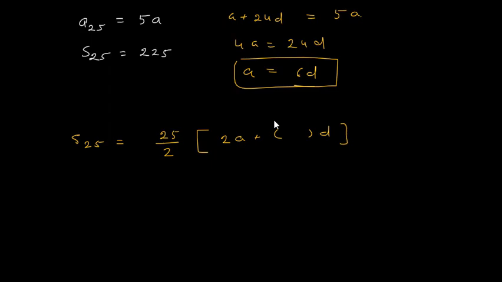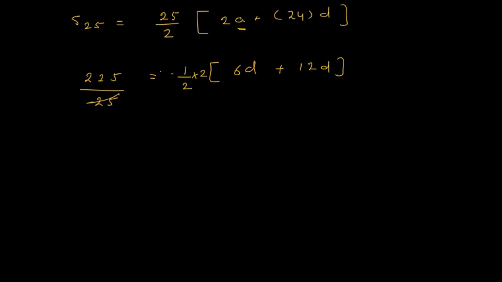So this we will say that 24d. Okay. S25 is 225. So here it is 225. It is equal to 25 divided by 2. So that 25 divided by 2, I will bring this 25 on this side, so it will be divided by 25. Here it is 1 divided by 2, and yes, of course I can take 2 common. So let us take 2 common. So here it is a. Now the value of a is 6d, so I will write 6d plus, here I have taken 2 common, so it is 12d. So it is plus 12d.